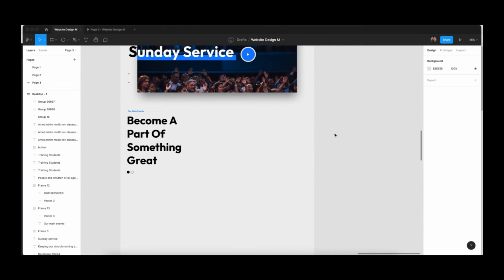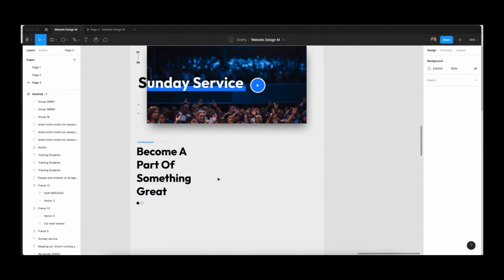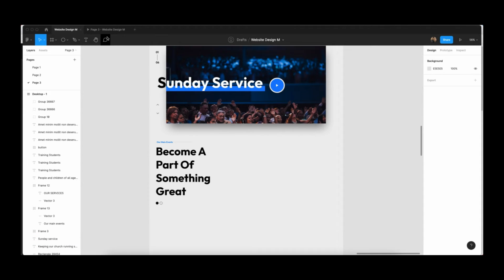Okay, and now what you can do is you have to create cards here. For cards